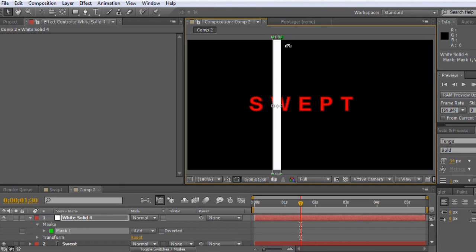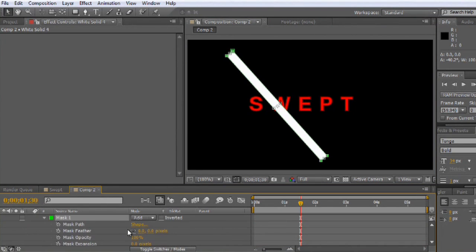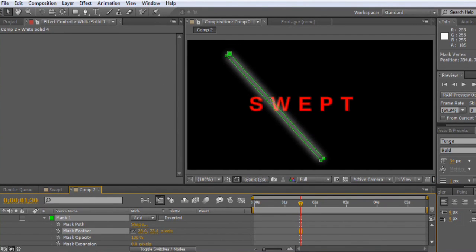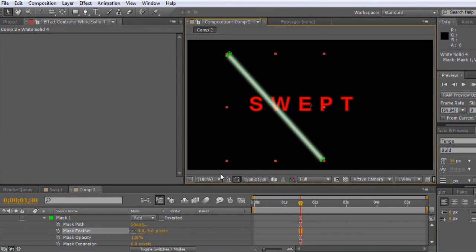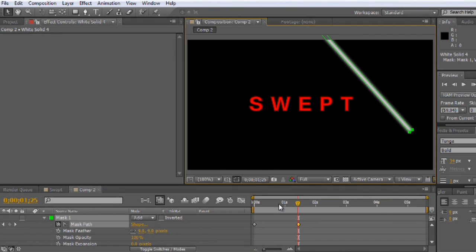I'll double click on one of the points to get this bounding box, and we'll rotate it off to an angle. And we'll want to feather it out. So right about there's a good feather, but it's still a bit thick, so I'll grab one of these lines and bring it in. Something like that. That's a good looking effect. We're going to start at the very beginning, put a keyframe for mask path, make sure all the points are highlighted, and we'll bring this down to the corner. We'll bring it over about 1.5 seconds and bring it up to the upper corner